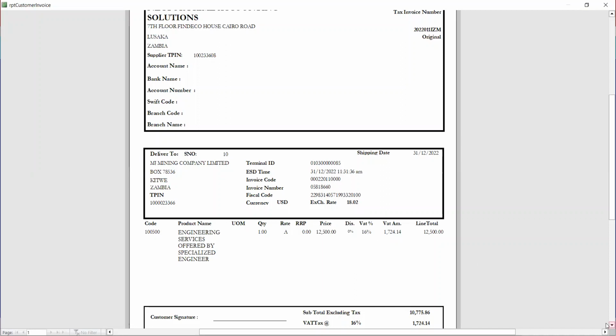Yes. One question. Just to confirm, the currency USD exchange rate being 18.02, does it automatically do that, or do we have to do that personally? No. You have to do it, because this one is not automatic. At the time of logging in, you need to enter the correct exchange rate, because this one fluctuates. You find that today maybe it will be lower, in the afternoon it will be higher, things like that. Okay, that's what you need to do.